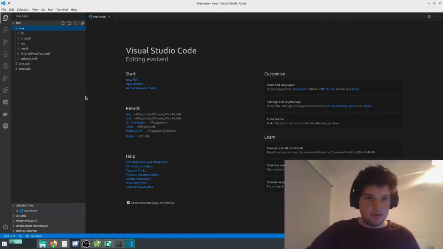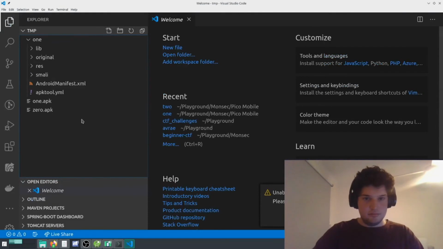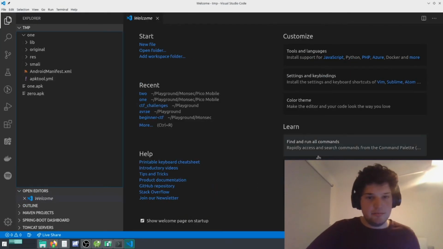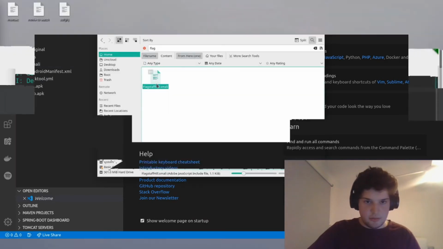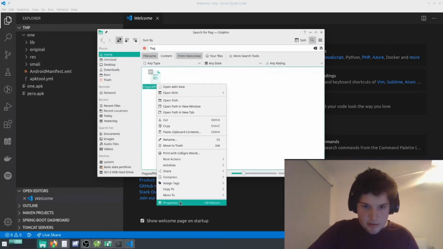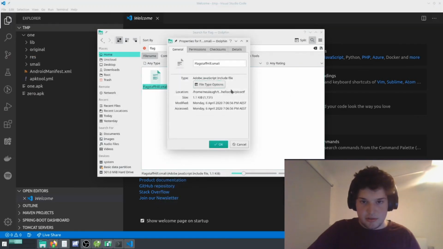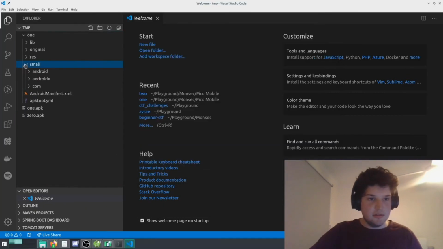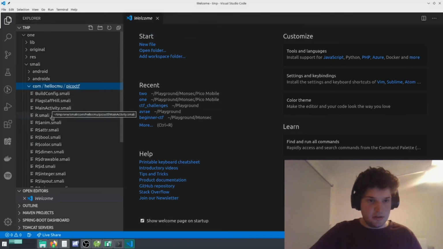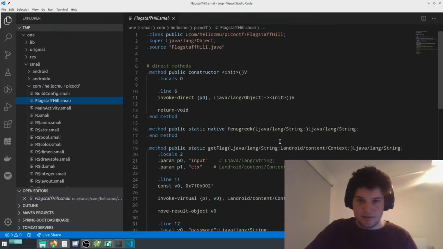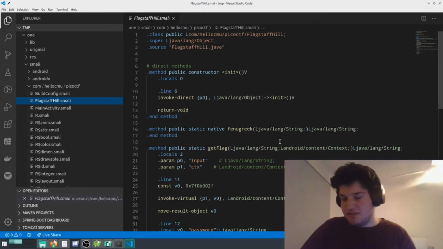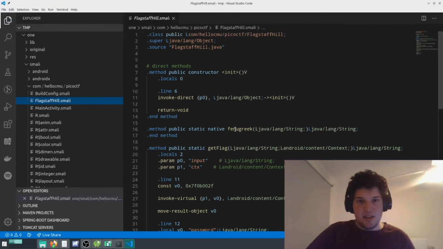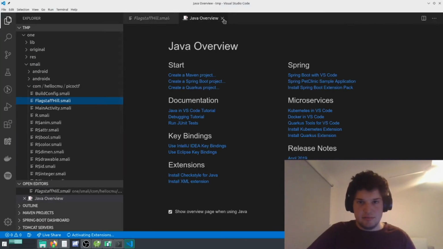So as you can see, I've just loaded it in. So yes, let's go see where this file actually is. Just go to properties. We can see that it's in one smiley com hello smiley com, and there we go. So this is just an interesting file that I found, and we can see here that it is